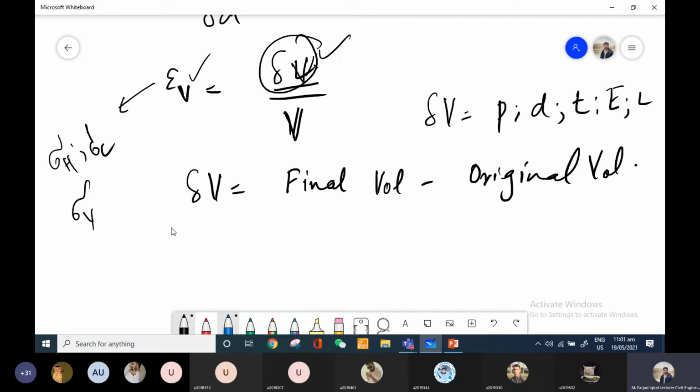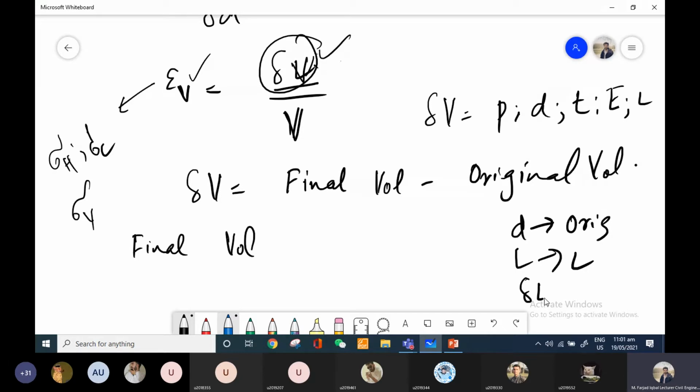Now let's suppose I have the same cylindrical element, and if I want to write down the final volume कि इस पे stresses लगी हैं, उसकी वजह से strain produce हुआ है, और उस strain की वजह से उसका volume change हो गया है। तो अगर original diameter आपके पास d है, ठीक है, and original length is L, and then change in diameter is delta D, and change in length is delta L,